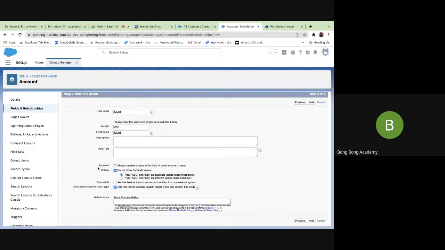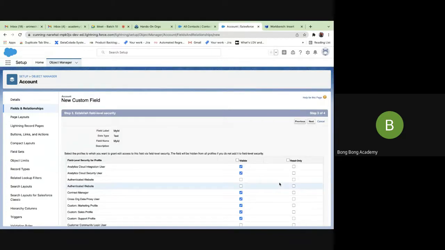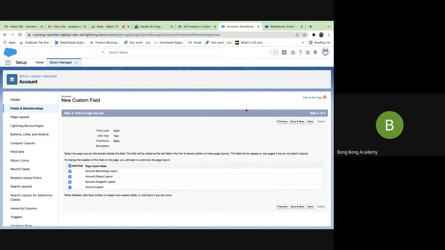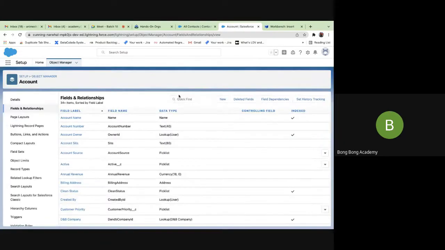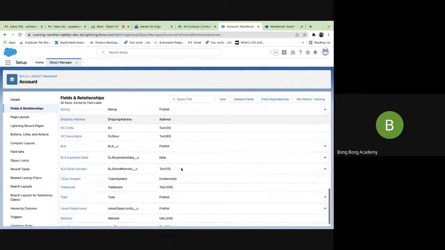It may or may not be required, which you can decide. If you are starting for the first time, you should make it required. But this is the most important field which you have to fill up: External ID, to denote this is an ID I am uniquely assigning to this record from an external system. That means I am giving the ID from outside Salesforce. It can be on your own, or you can bring it from a different CRM. It doesn't matter. I now save this. So my ID field is now created in my parent record.